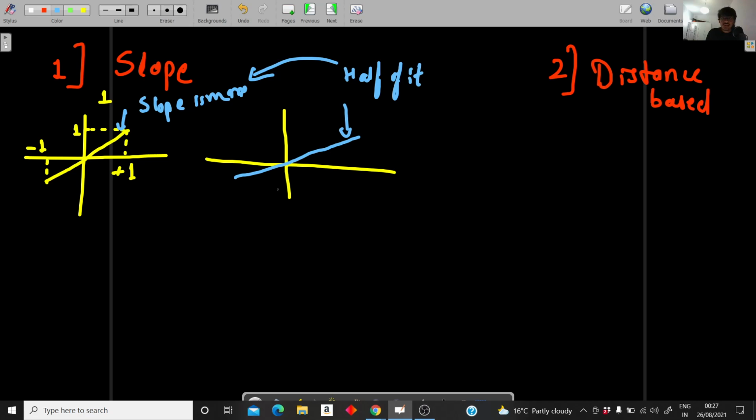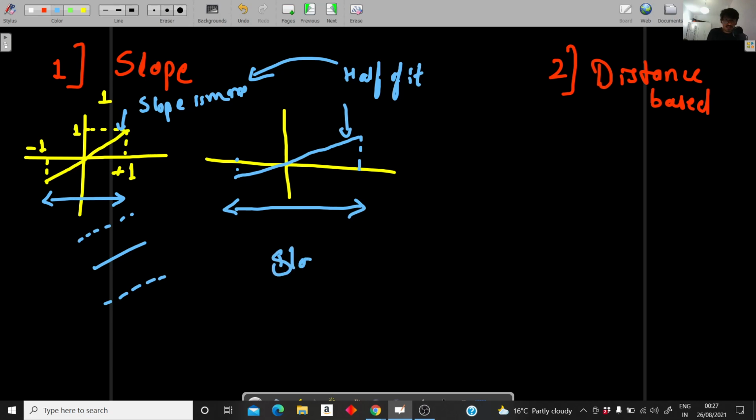Since my slope is less, the margin, right now my margin is this much, but since I decreased my slope, my margin will increase. And this is what we want intuitively. What we want is maximum margin between two planes. Let's say this is our separating plane, so this margin should be maximum. So indirectly what we want is to minimize our slope. Our slope should be as low as possible in order to have the widest margin.